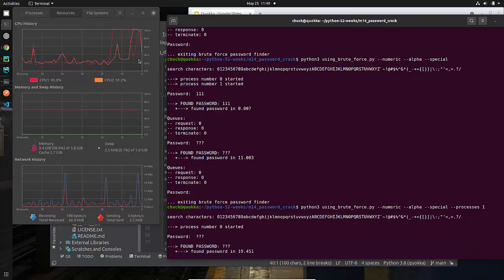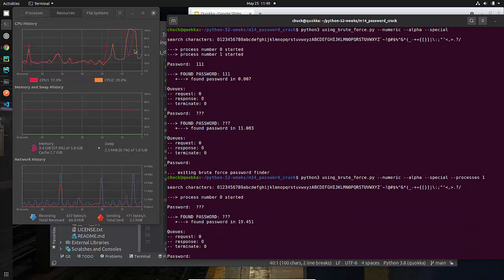I suspect that it's actually splitting time amongst the two CPUs as I go through all of these different things because I have a queuing mechanism. But you can see only one at a time was pegged, and it did take not quite double, twice as long, but significantly longer.